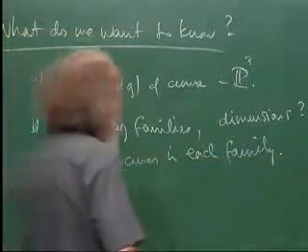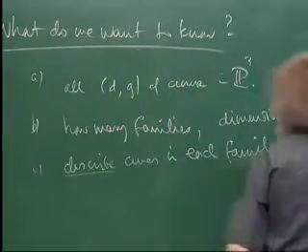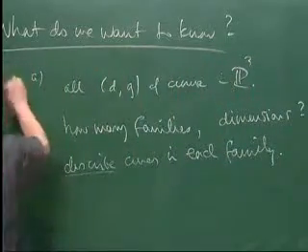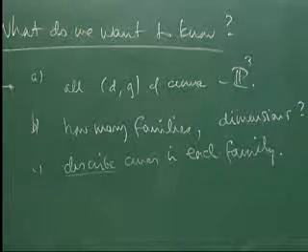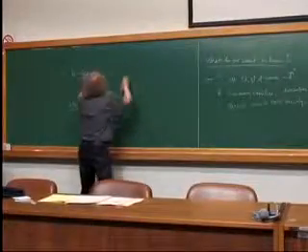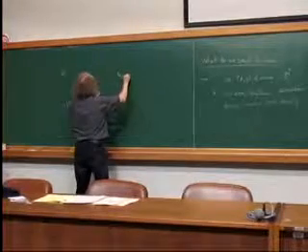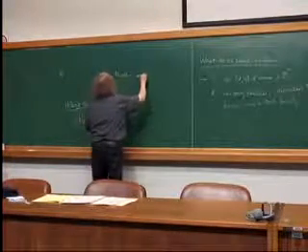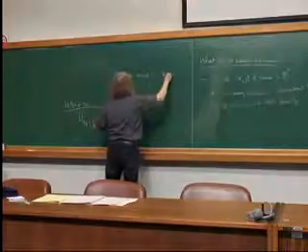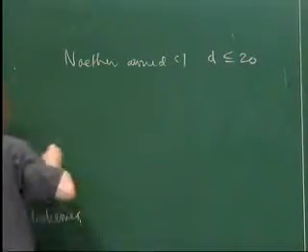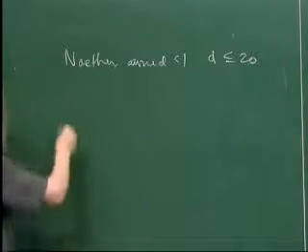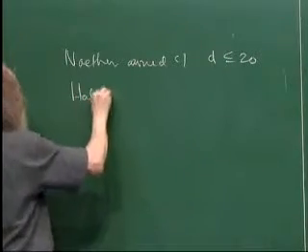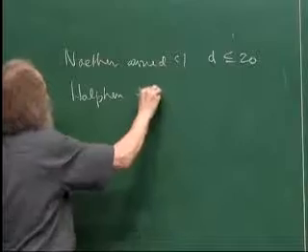So how far did they get? Well, for question A here, what are the possible degree and genus? Noether answered that by making explicit calculations up to degree 20. So Noether answered A for D less than or equal to 20. And Halphen pretty much did the same thing, but Halphen also gave a general formula. He gave a complete answer to A,